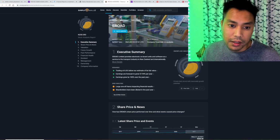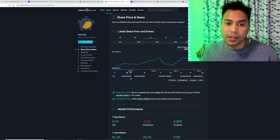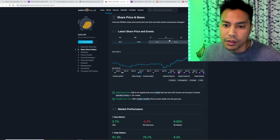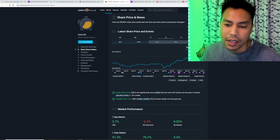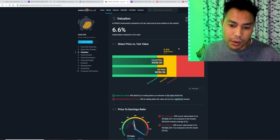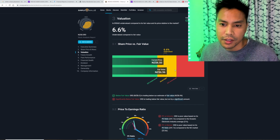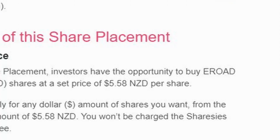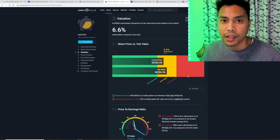So we can see that the market cap is just over $500 million, so that's not too bad for a New Zealand company. We can see from the share price that over the last year they've been steadily increasing, and if you invested in them, you've probably done really well. If we have a look at the last 3 years, they haven't been too bad, pretty flat, but really the last year has been the growth. So the current Simply Wall Street valuation has them valued at $6.96, and the current share price is $6.50. And remembering back from the email, the share placement that you're getting with Sharesies is $5.58, so you're actually getting a pretty good discount of almost $1 per share